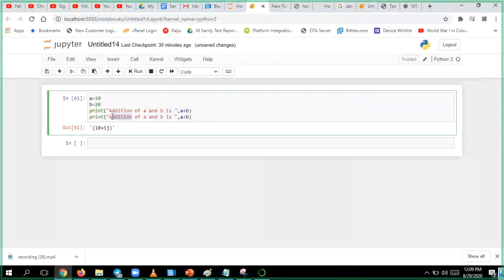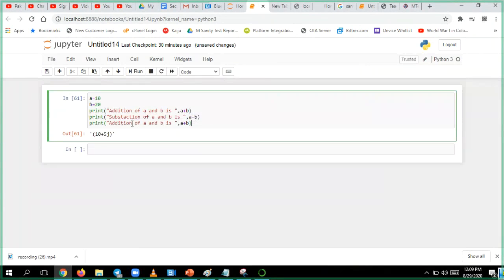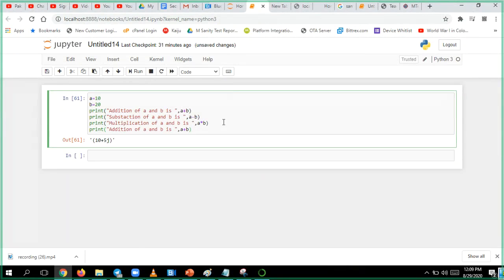This is subtraction, that is minus. Multiplication, that is the star operator. Division.